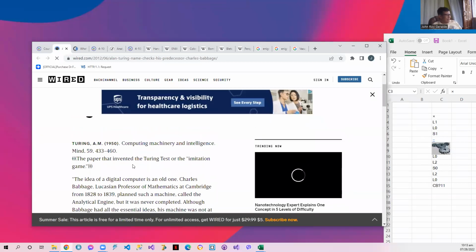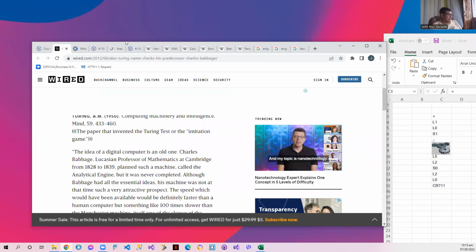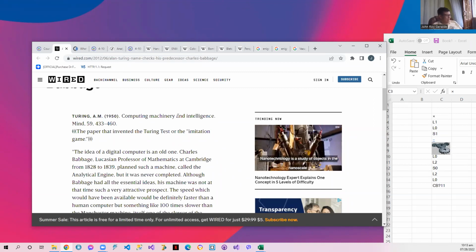So ito ang sinabi niya. The idea of a digital computer is an old one, because Presper Eckert, mainly, no, the group of ENIAC is claiming that this is a new machine. Okay, this is a new idea. So